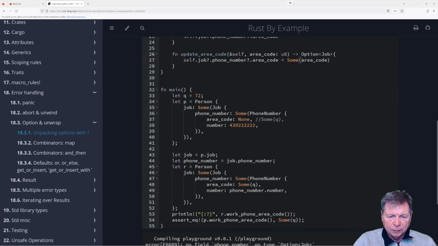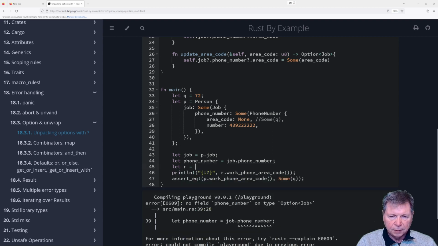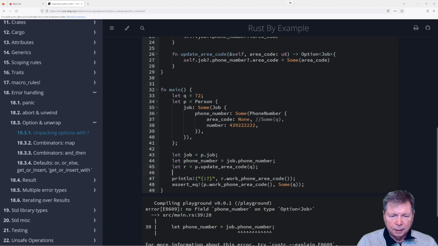Okay, so then what I can do instead of all of this stuff, I can say let r equals p dot update area code 61 or Q, and then we can get rid of these two lines.